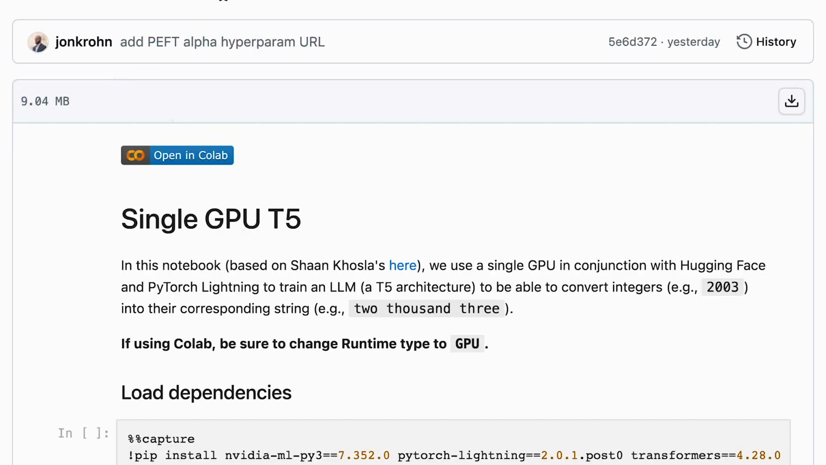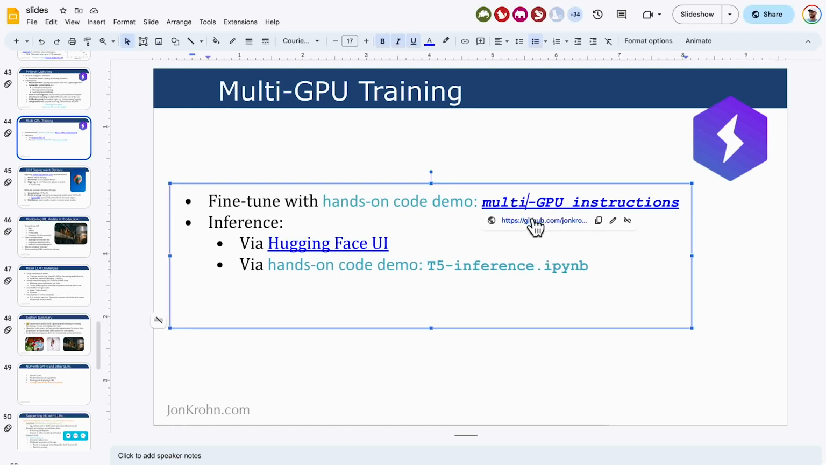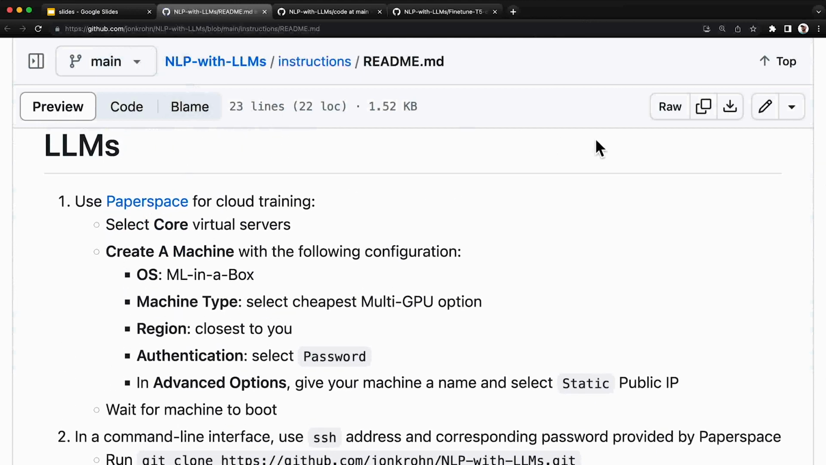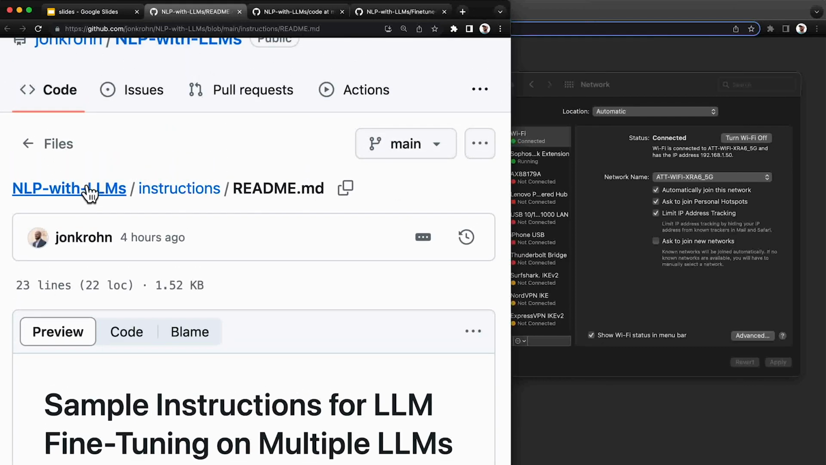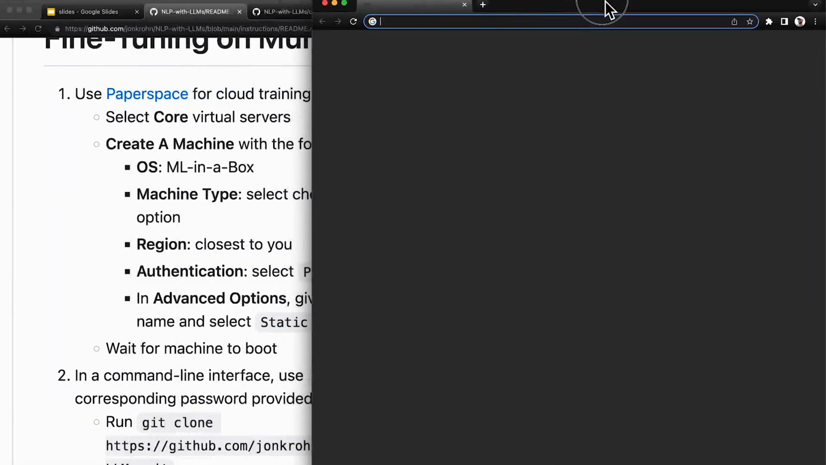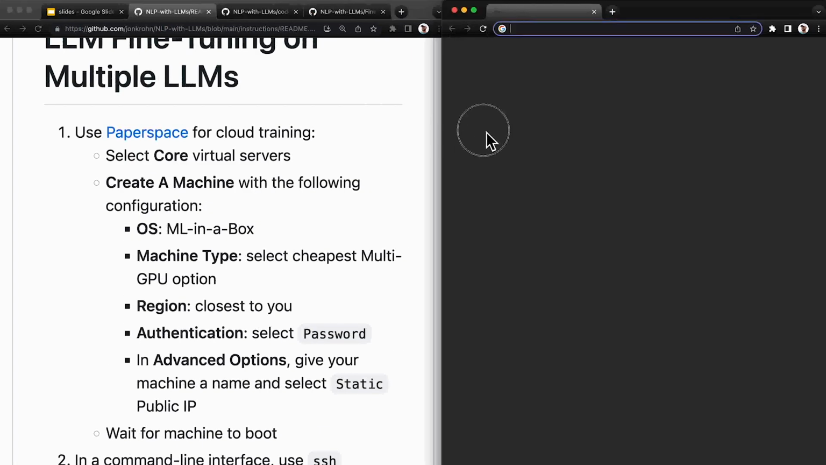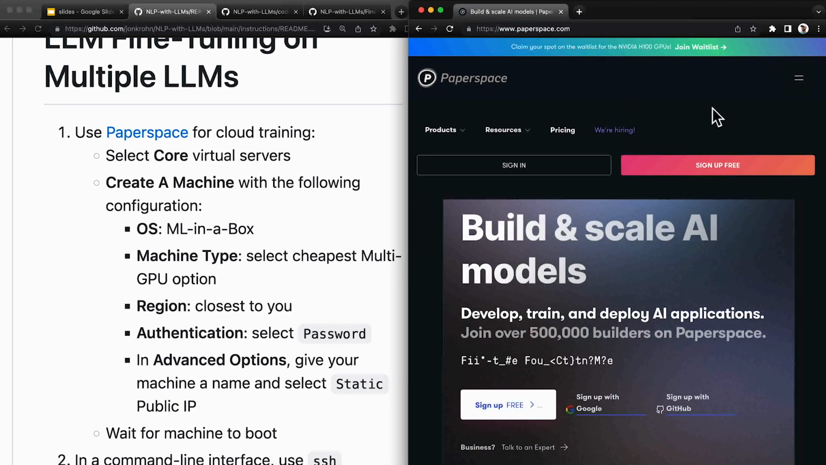Nice, so we're almost there. The last thing here that I want to make sure we get through is multiple GPU training. So with multiple GPU training, I have this set of steps which is available in my repo. So if you go to the NLP with LLMs repo into the instructions folder, there's a README there that explains how to do this. This can be on your own cloud server, but for the purposes of anybody here being able to do it, I'm setting it up in Paperspace, which is a relatively expensive way of doing this. Sign in,